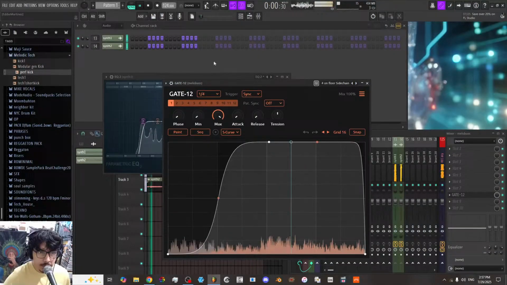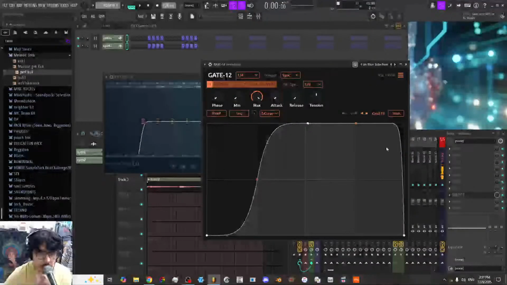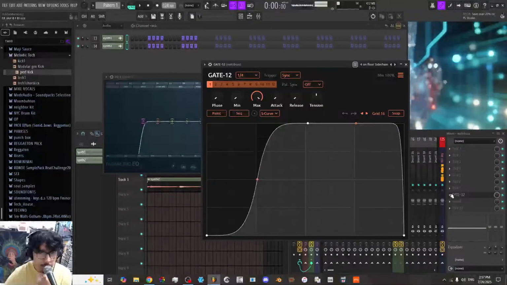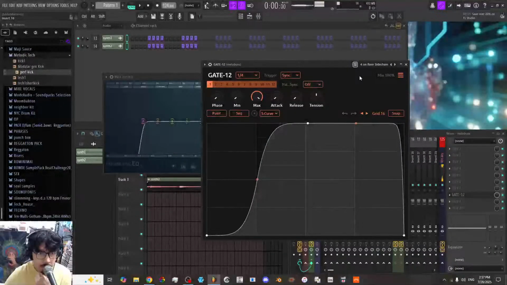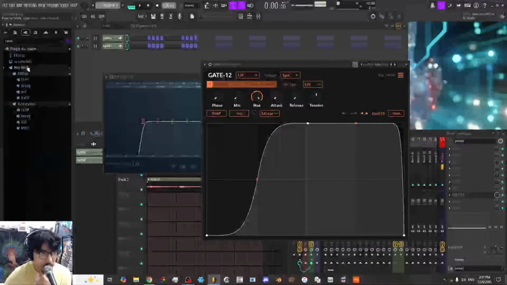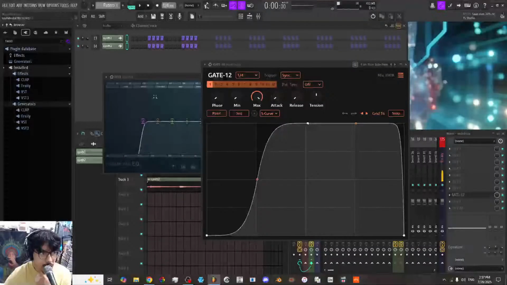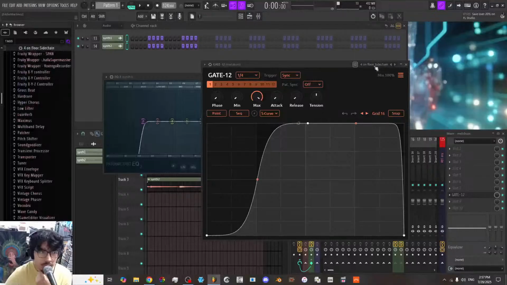I need to save this preset separately so that I don't have to pull it up every time. I should do that right now, actually. How can I pull this up? Plugin database. I need to find it in here. There it is.